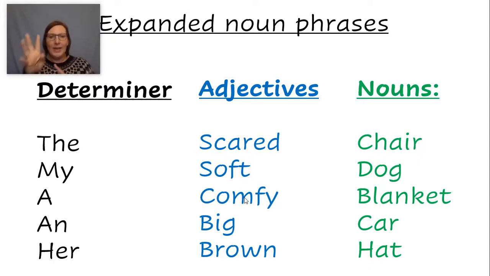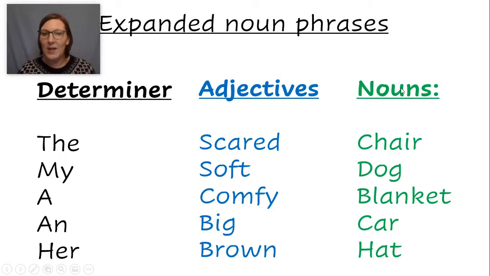I wondered if you could have a go at moving those determiners, adjectives and nouns around to create an expanded noun phrase. Now, these are not sentences. A noun phrase is not a sentence. It isn't a complete sentence. It does not have a full stop. It is just a phrase. So it can't stand alone by itself and become a sentence. It's just a phrase. And in our expanded noun phrases, we always have a determiner, an adjective, and